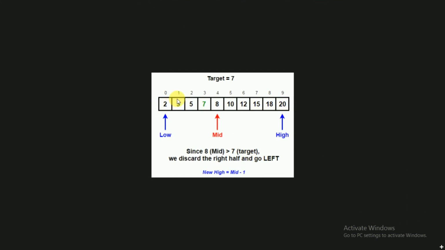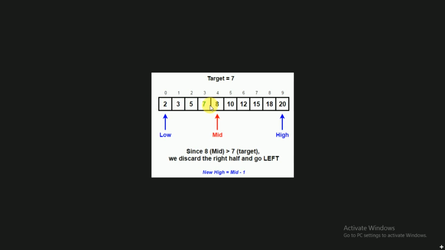Whenever the elements are stored, it should be possible for you to access the individual elements of this array. That's why in an array every element is associated with something called an index. This is like the index of your textbook. What is the use of the index in a textbook? That index is useful to check which item is present on which page. In the same way, here the index is useful to check which element is present at which position. So this index value indicates the position of the corresponding element in the array.